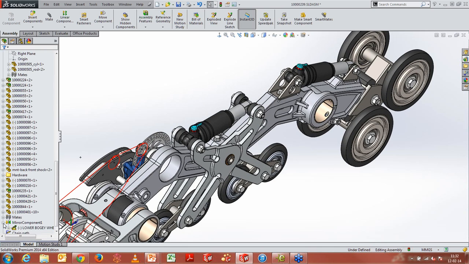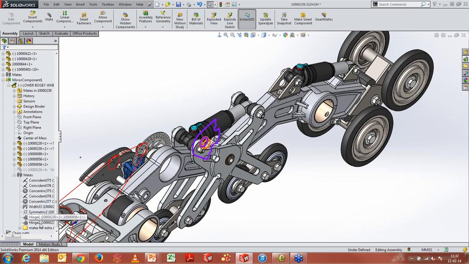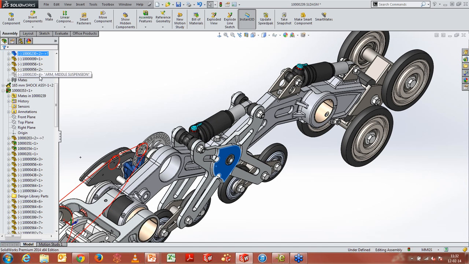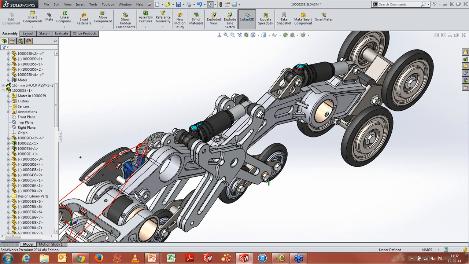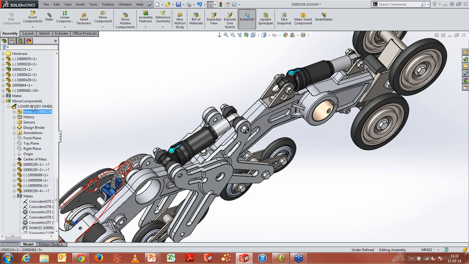So these are the mirror components that have been made. Now, like I was telling you, we have new enhancements which has been made, which supports hinge mates or even path mates and all these things. So this is something new in SolidWorks 2014. Now, let's say for example, I click on this particular part and there's one more particular part which I want to unsuppress. Now, you see this, if I go to my mirror component part, or if I go to my mirror, edit my mirror components,